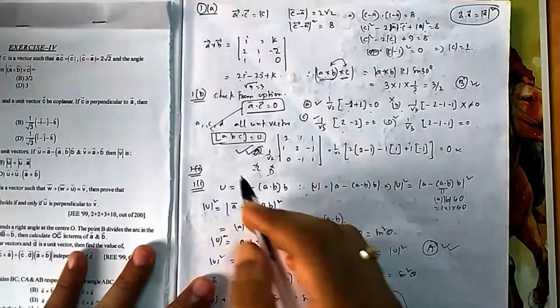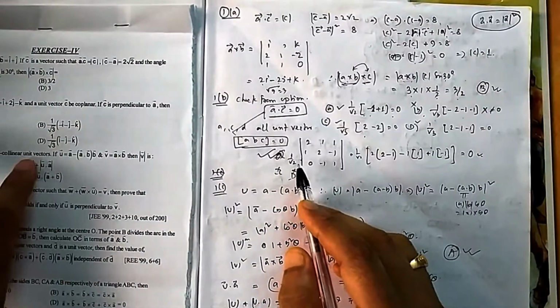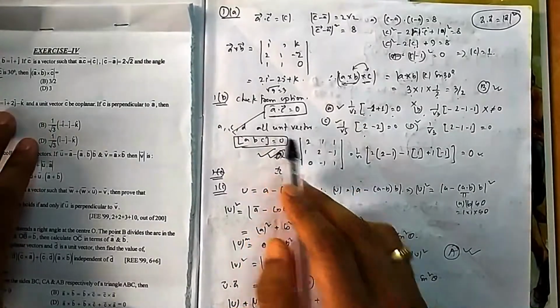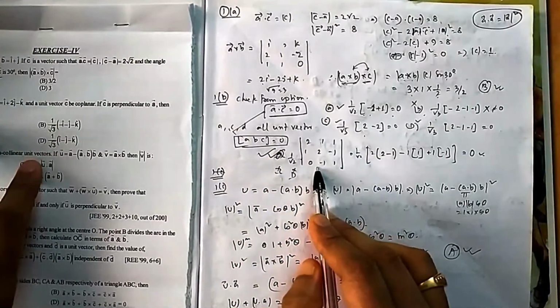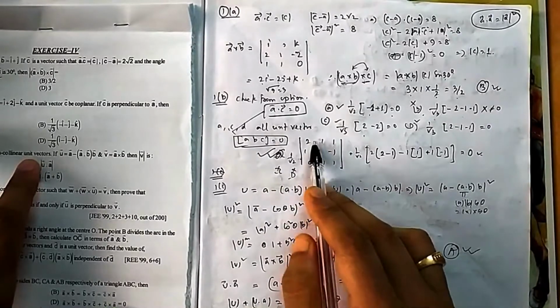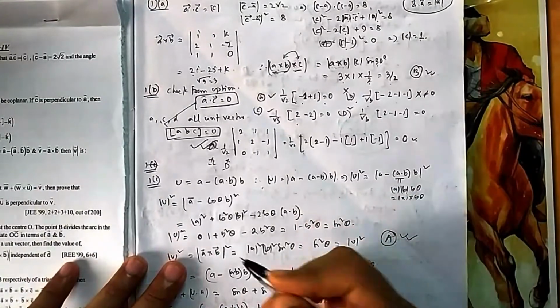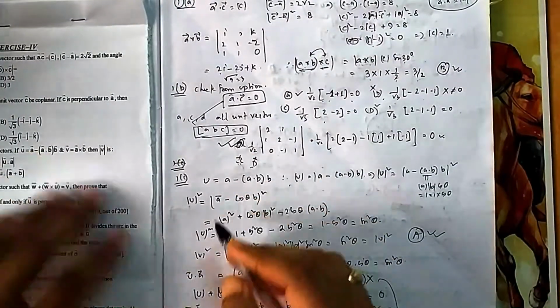Now we check with the box product ABC. B is not the answer, you have already skipped it. So let's try with A. 1 by root 2, 2, 1, 1, that is A. Then B, then this C, 0, minus 1, 1. With option A I am putting it here, as the third column, A, B, C. If you open this determinant, it is 0. It is a simple determinant, you can open it. You can try, so A will be the answer. You try with C and D also, because it was multiple correct.